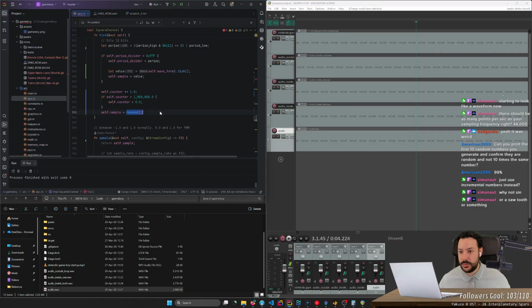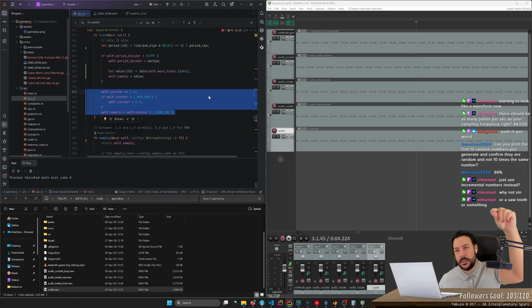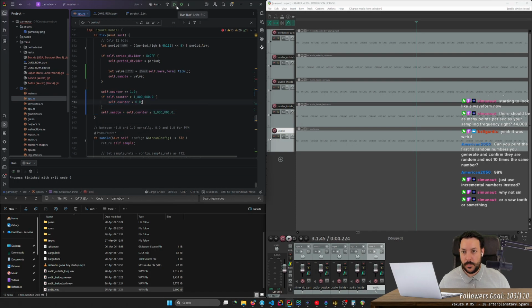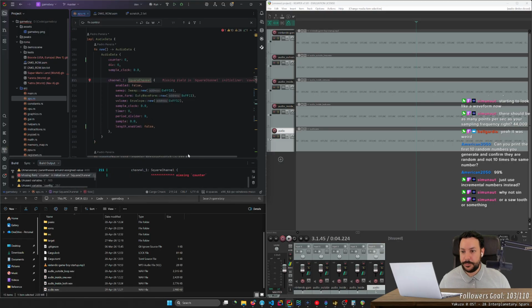Cool. And then self.counter divided by a million. This is getting called 1 million times per second, so we should see a smooth increasing line from 0 to 1, taking 1 second.